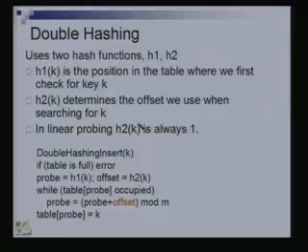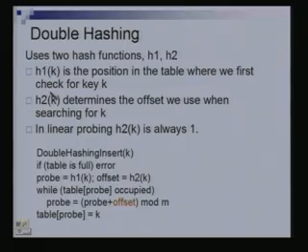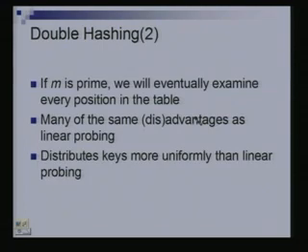If you look at linear probing, your offset was always 1. You were always just going to the next location. So that corresponds to an offset of 1. If instead of going to the next location I always jumped two locations ahead, then offset would have been 2, and so on. In this case the offset is determined by the hash function h2, so this offset could be different for different keys. We'll soon see an example of how double hashing works.